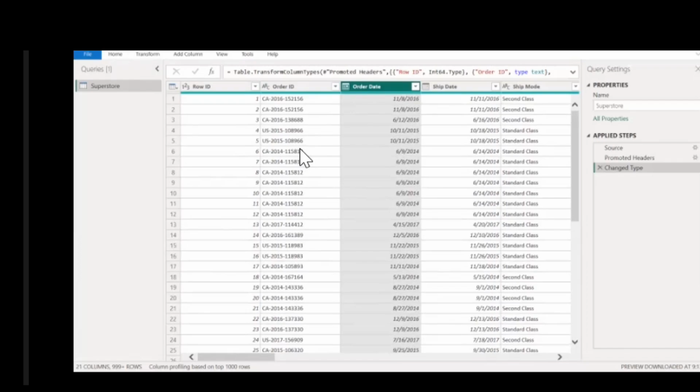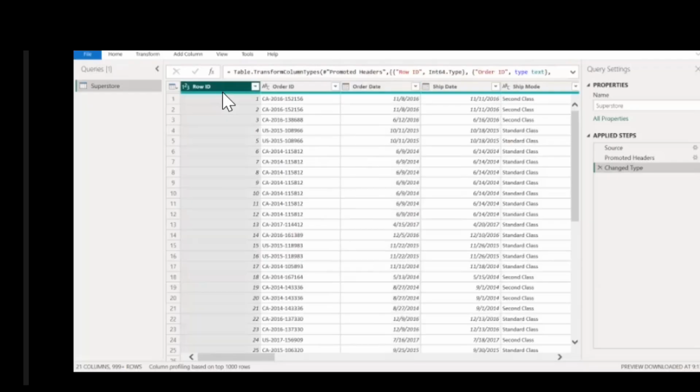So the first thing that you need to do is to let Power Query give you a summary of what is in your columns. To give you a summary of your column data. So each column, it will give you the summary. It will try to look through the data and see if there is something that is away from the usual. For example, we have row ID and their numbers, 1, 2, 3, 4. For example, if you happen to have text somewhere, I think you should be able to detect that there is